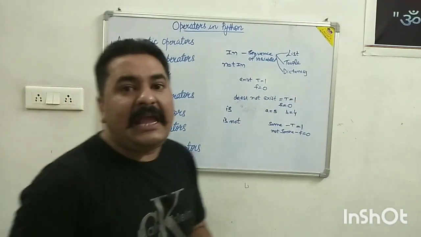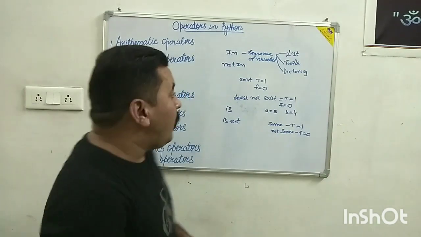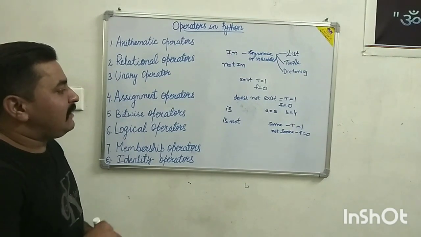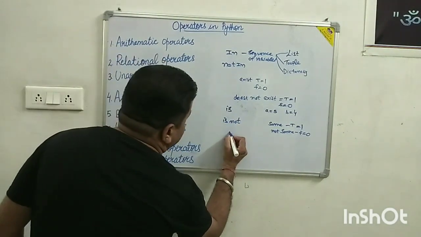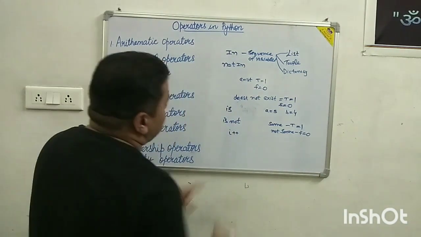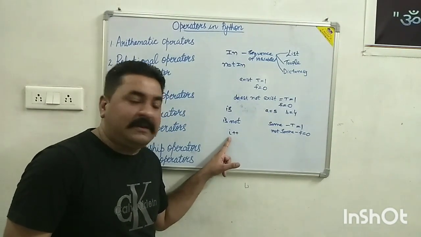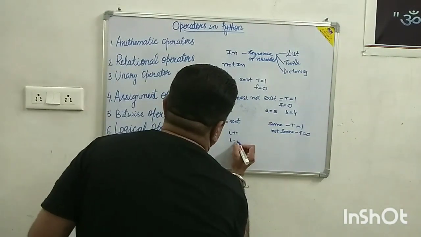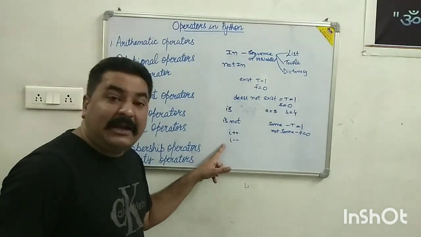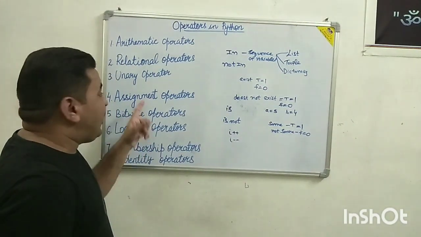We also have operators in this Python language, but we don't have the increment and decrement operators which we are using in C language, because in Python we are using the assignment operators. Assignment means if you are assigning a value to any variable i, in C increment means i plus plus and decrement means i minus minus, but we are not using these as increment and decrement operators in Python. We are just using these operators in assignment operators.